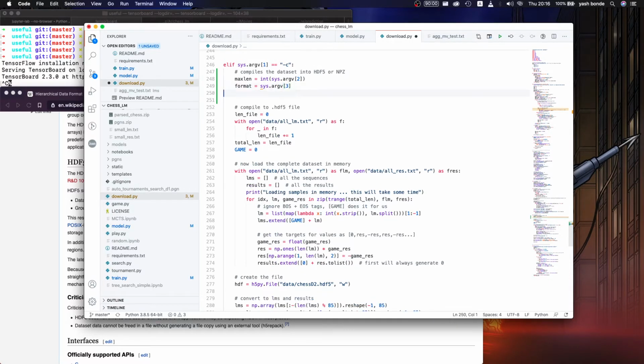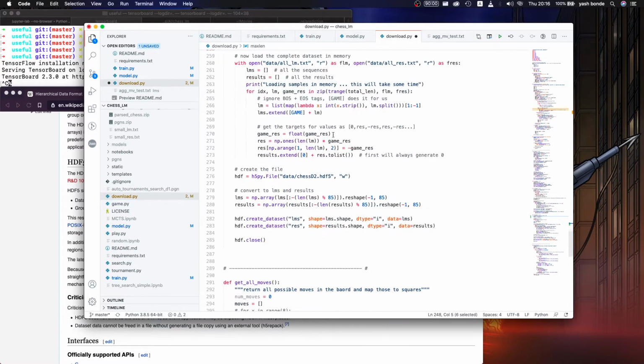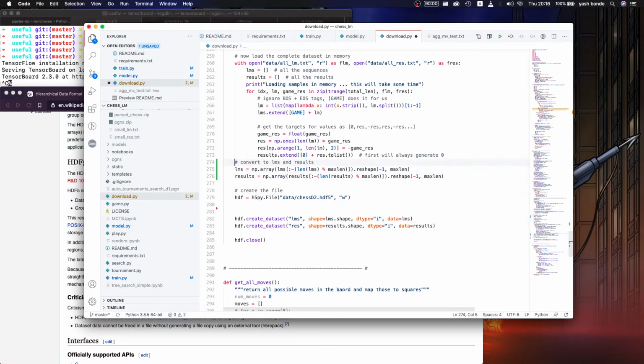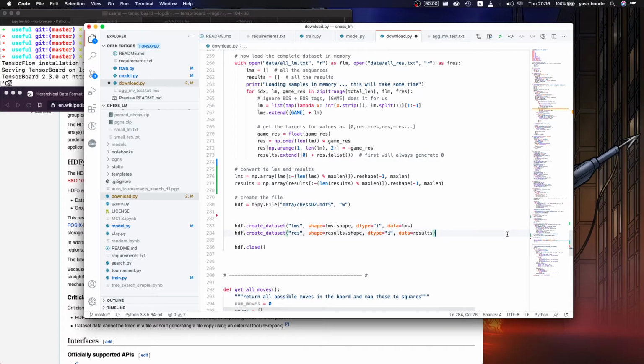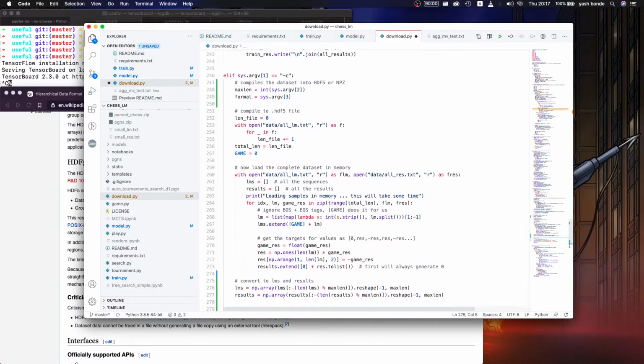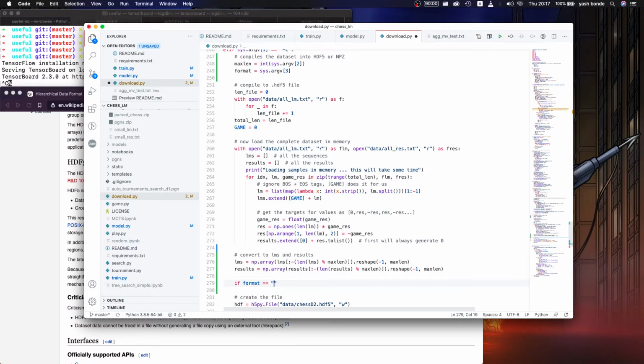Either way we have to do this entire process. So this max len, I should put it in place here. Okay, and this process is format independent, so we'll also move this thing here. Okay, perfect. Now we convert it to formats, which is, if format is equal to